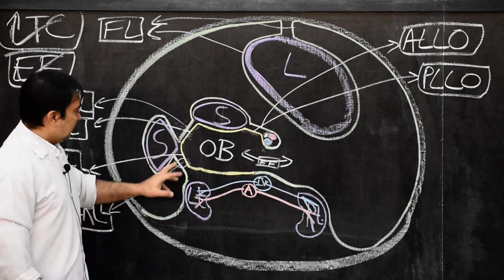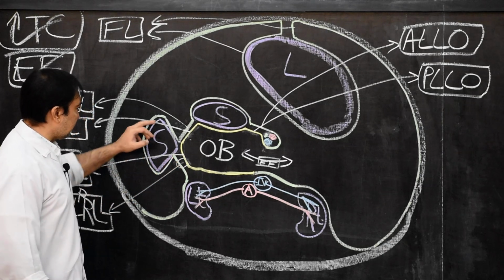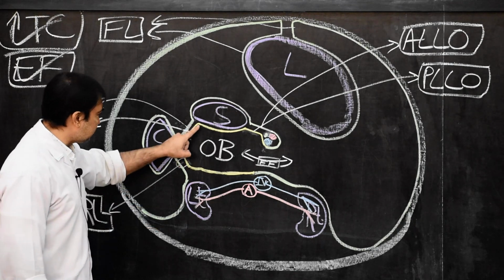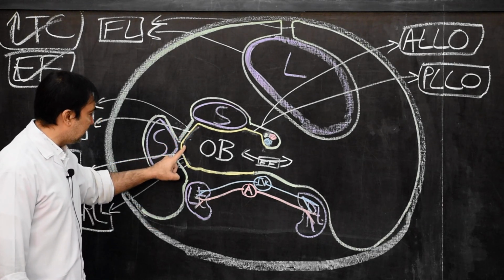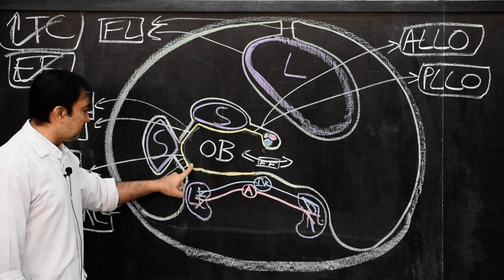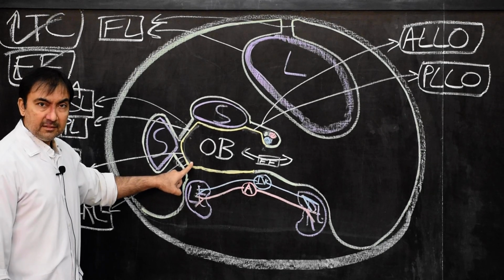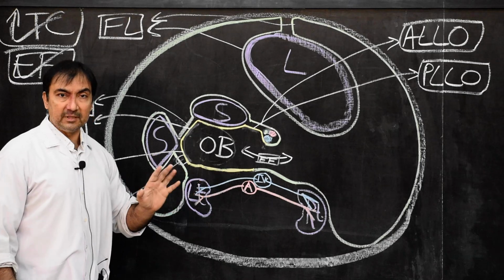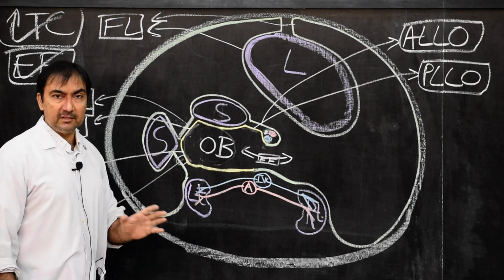Always remember that the posterior layer of the lienorenal ligament is continuous with the anterior layer of the gastrosplenic ligament, both are derived from the greater sac, and the posterior layer of the gastrosplenic ligament is continuous with the anterior layer of the lienorenal ligament, and both of them are derived from the lesser sac or omental bursa. The other name of the lesser sac is omental bursa.